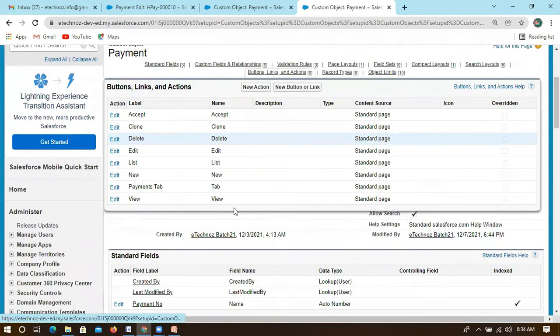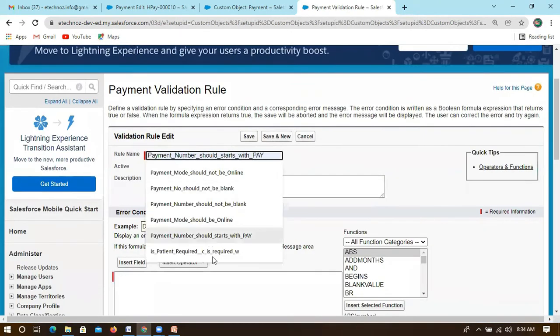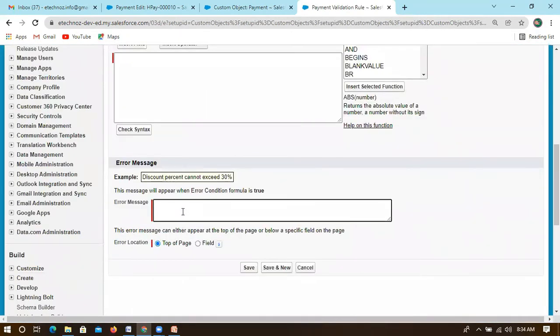Go to the payment object and create a new validation. This is the error message I want to pass. It is checking just one field. Payment number always should be uppercase, and also payment number always should start with uppercase.